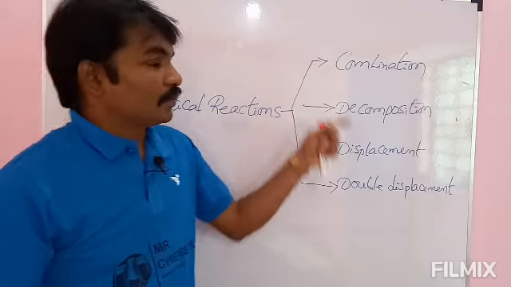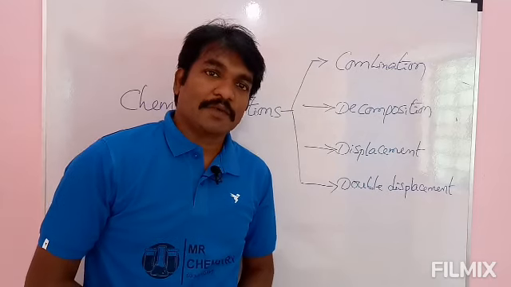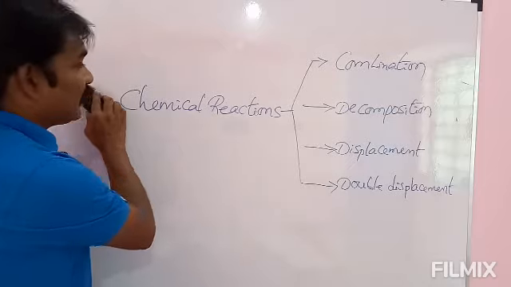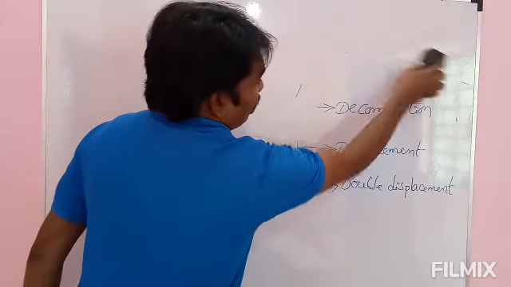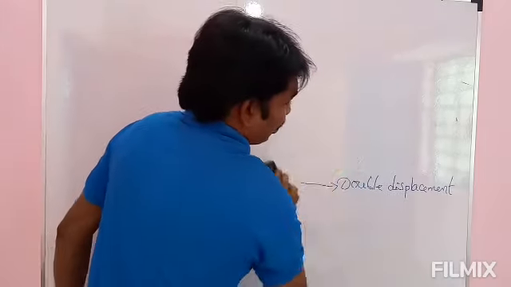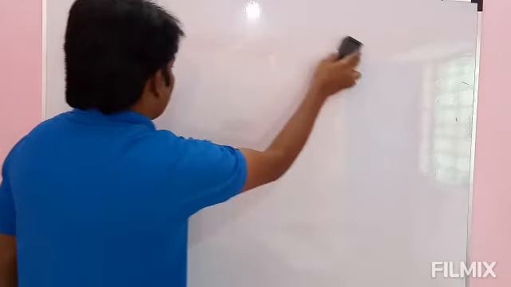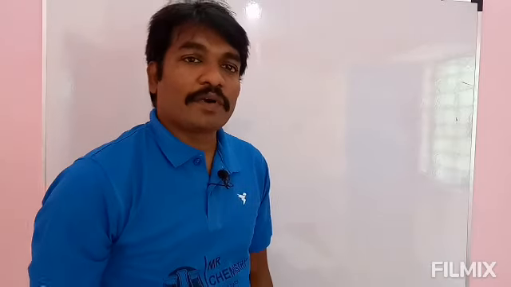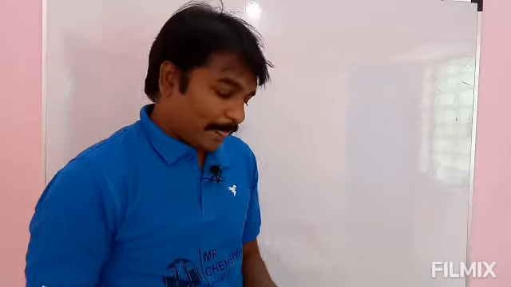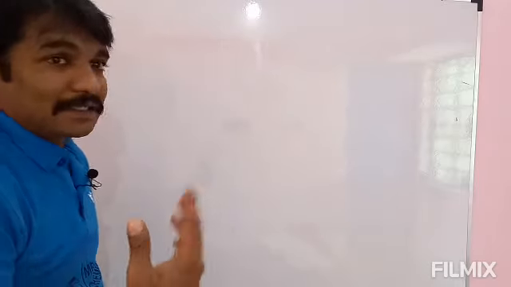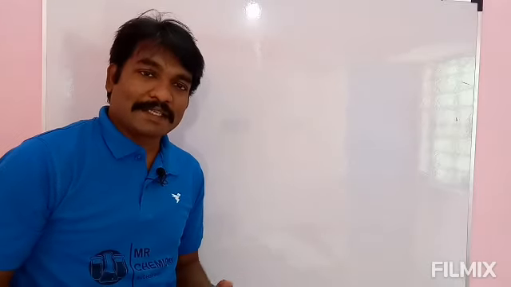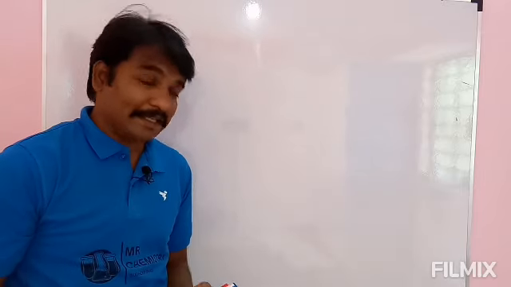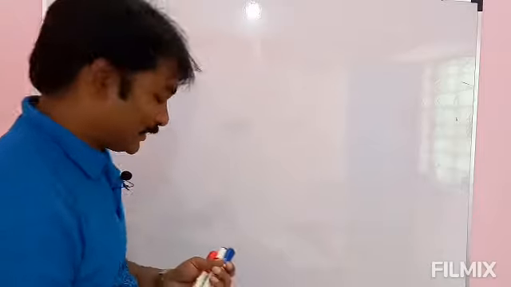And we will discuss one by one in detail. First we will discuss chemical combination reaction. What is chemical combination reaction? Chemical combination reaction is the chemical reaction in which two different substances react with each other and they form a new substance. For example, in last class, while we were balancing the equations, we discussed many things. We will take the same examples here, then it is easy to learn and easy to understand.